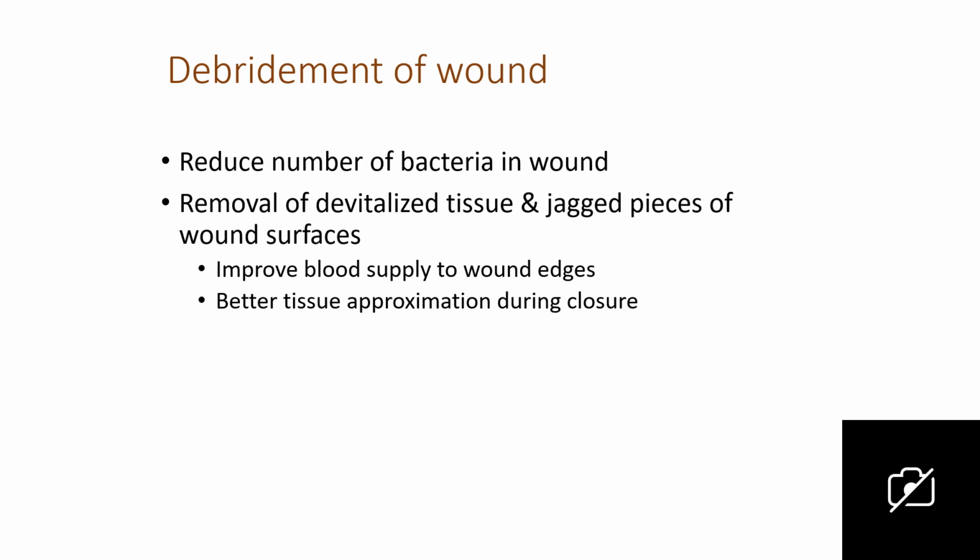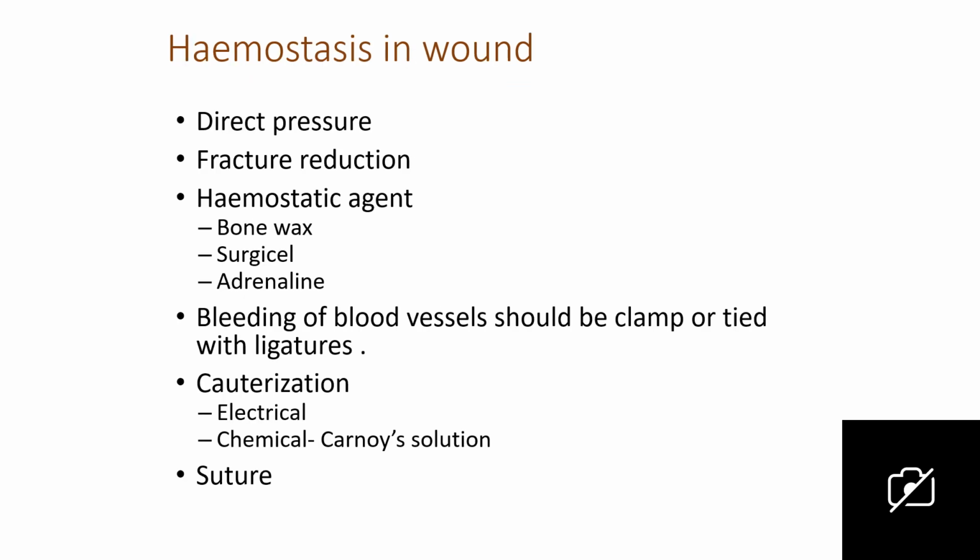Debridement of wound: reduces the number of bacteria in the wound, removes devitalized tissue and jagged pieces of wound surfaces, improves blood supply to wound edges, and gives better tissue approximation during closure. Hemostasis in wound: direct pressure. When you apply pressure, it is sort of stopping the bleeding